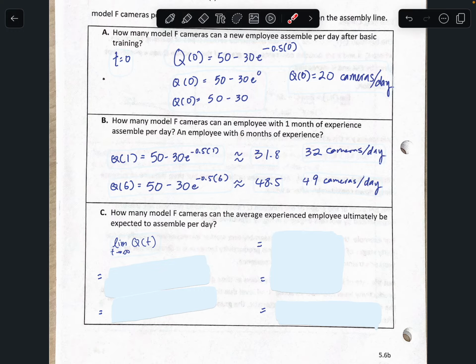You can do this in two ways. You can use your calculator to just plug in a million or a really, really big number, and you'll see that it starts plateauing. Or you can do it by hand here, which is actually quite straightforward. When we were learning about limits, we do direct substitution first. So when we direct substitute infinity into our function,